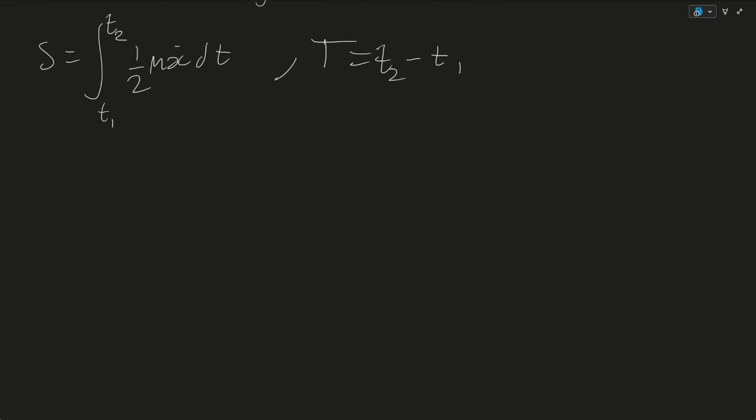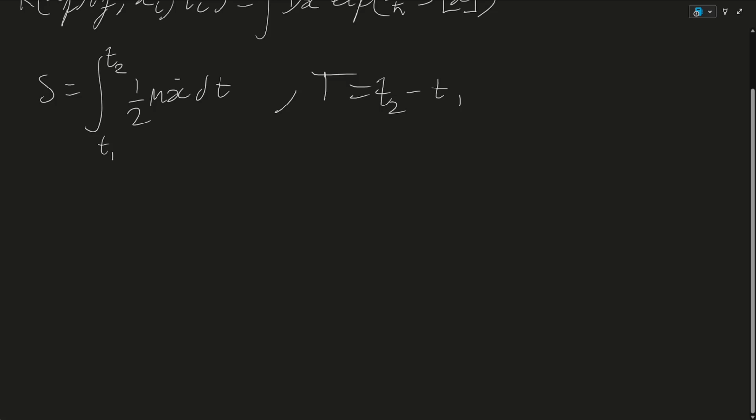What we want to do now is discretize the action. It's fairly, I don't want to say simple, but I think it's fairly simple. What we want to do is take our time interval T and slice it into N infinitesimal steps, and each step has a duration epsilon, which we'll call T over N, which is just, of course, the total time over the number of steps. It's going to be the length of each step. And we can define